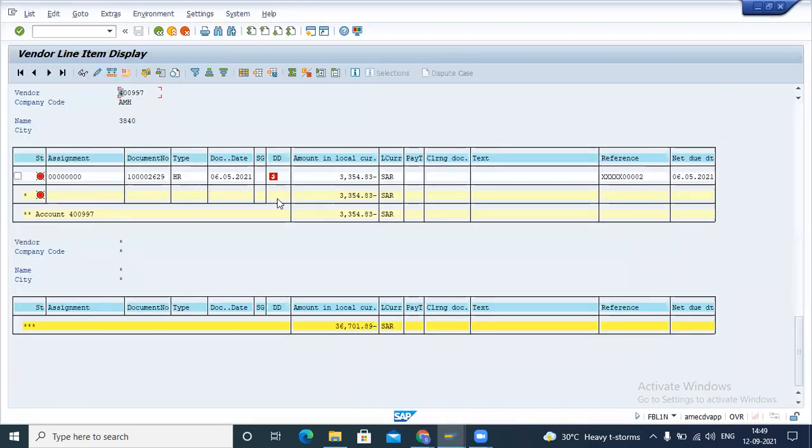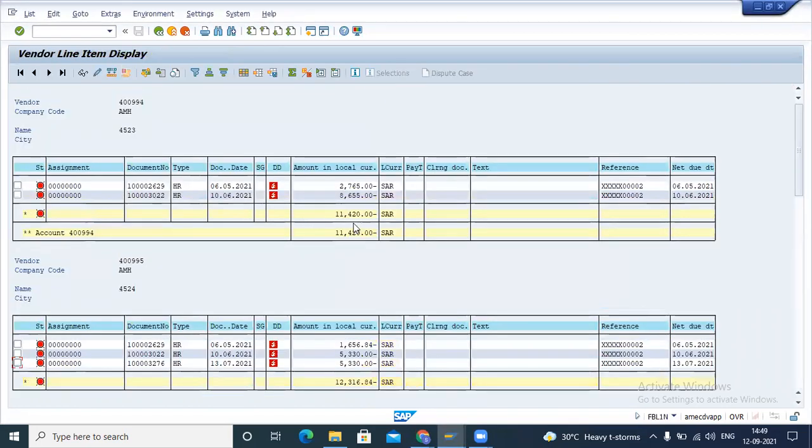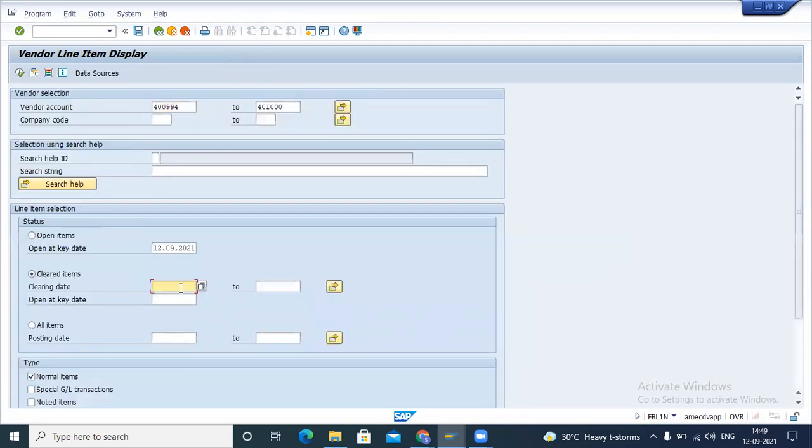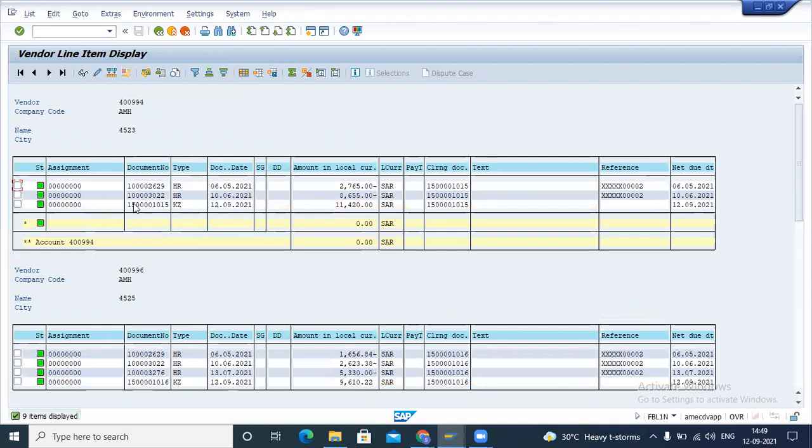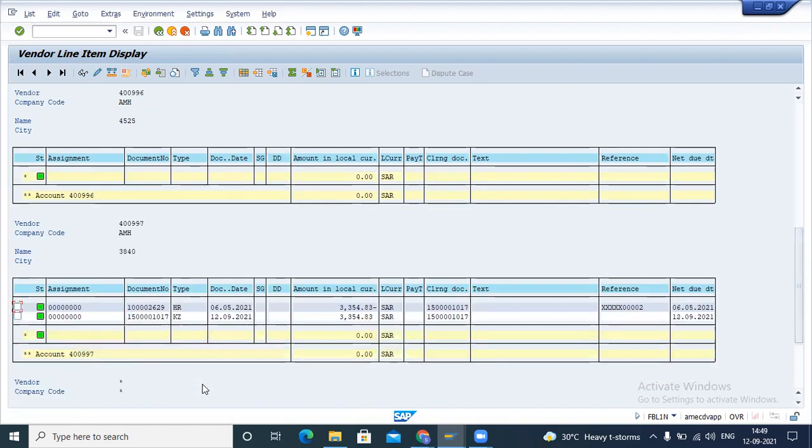Let's see this vendor account, 994. We can see the amount we want to pay. Let me open with today's clearing date. You can see this payment document has been posted automatically with this payment amount, and this vendor is also cleared, and the payment has been done.